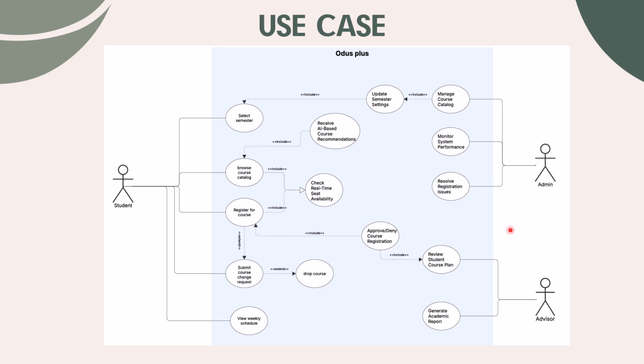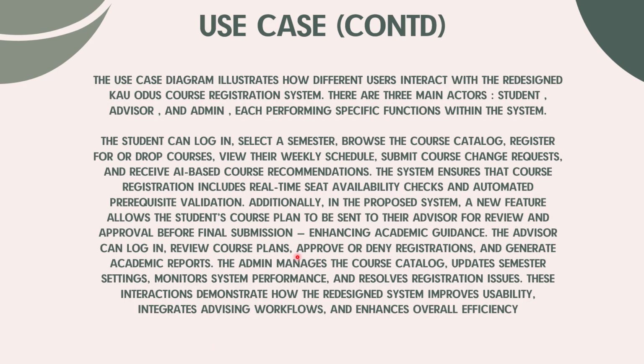You got the admin, like usual, who manages the course catalog, updates semester settings, monitors system performance, and resolves registration issues. And as for the advisor, he reviews the student course plan. Then he approves or denies course registration, and after that he generates an academic report. So it's a more thorough, more helpful, more efficient system. And this slide says exactly what I just said, and now I'd like to take it to my good friend